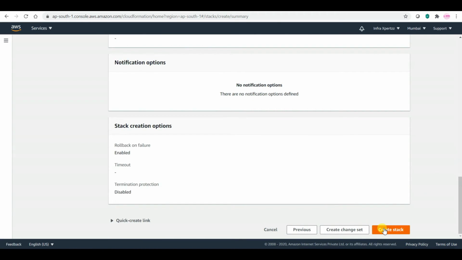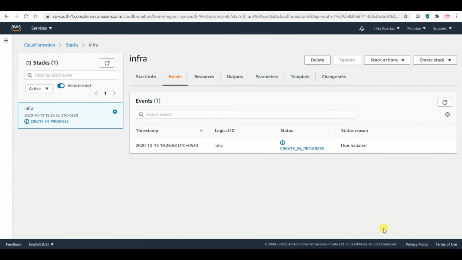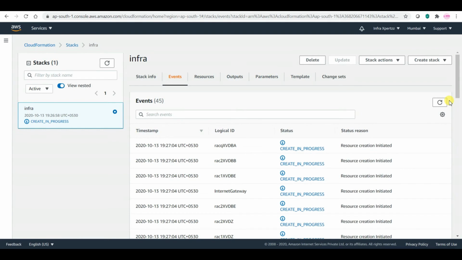So let me create the stack. So my stack creation is in progress. You need to manually refresh it to see whether everything is working fine or not.